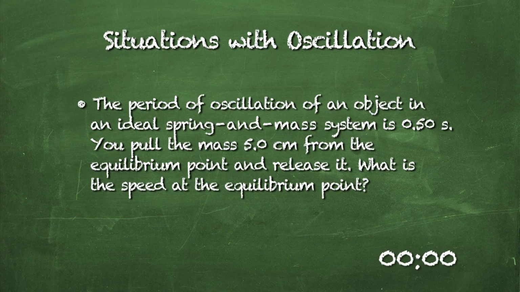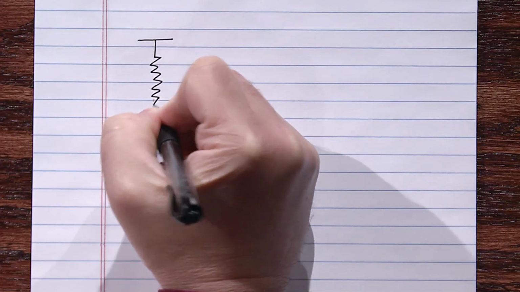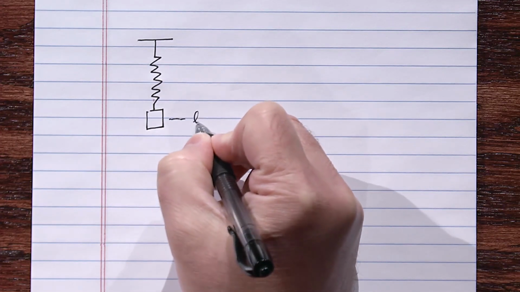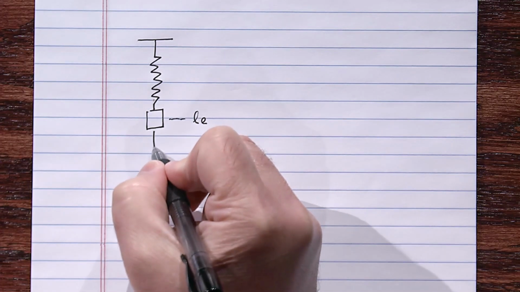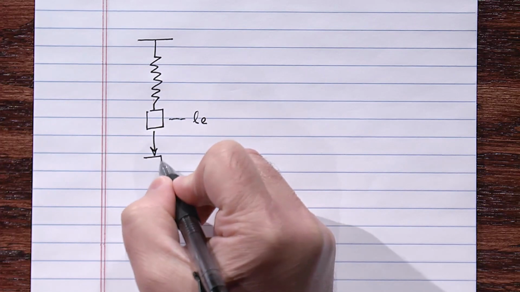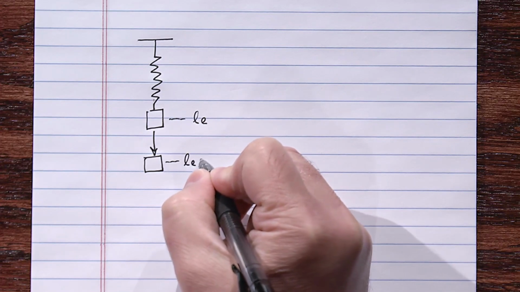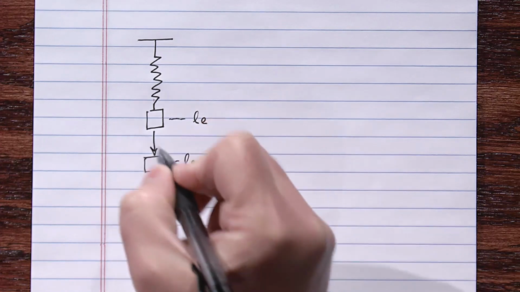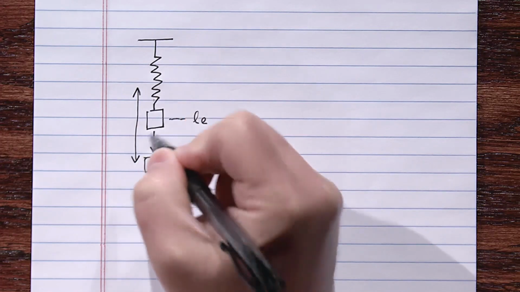Okay, I'm drawing the mass hanging from a spring, and this will be the equilibrium length of the spring, the point at which it would be at rest, and then we pull it down an additional amount, to L equilibrium plus 0.05 meters, and then let it go, and that tells us that the object will oscillate back and forth, up